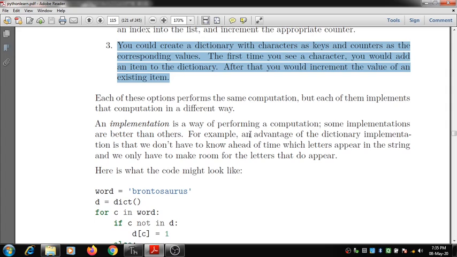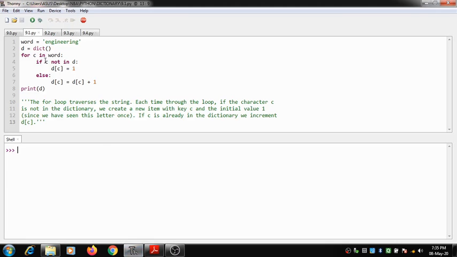For example, an advantage of the dictionary implementation is that we don't have to know ahead of time which letters appear in a string, and we only have to make room for the letters that do appear. Here we have code which works using a dictionary. We have used the word engineering.